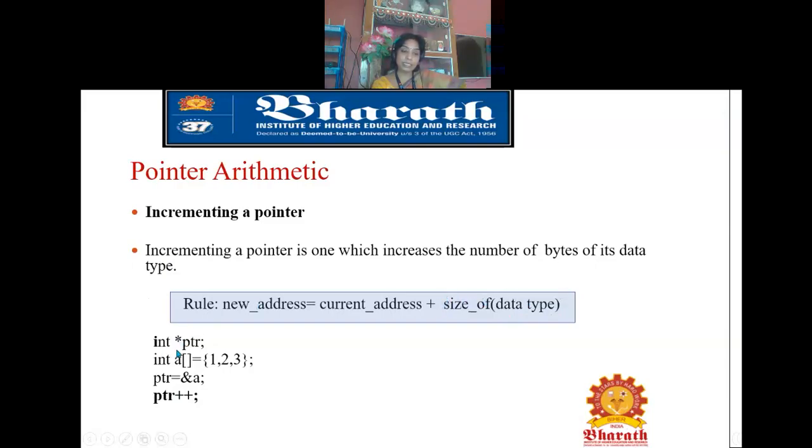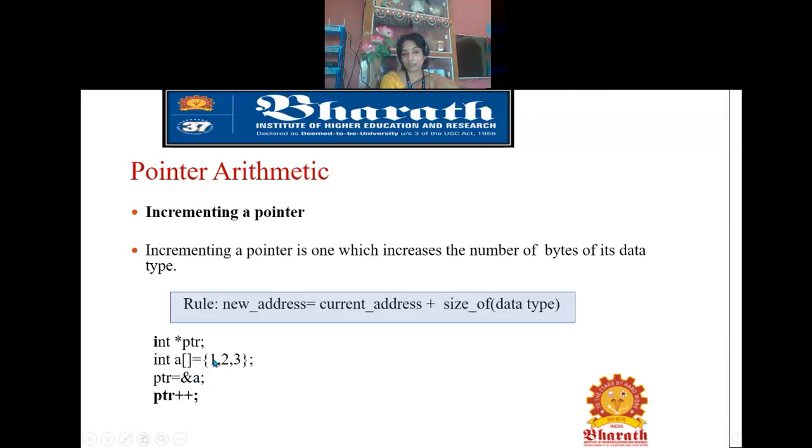Example: let us take an integer pointer. Consider an array a equal to 1, 2 and 3. Suppose this ptr represents the base address of a.